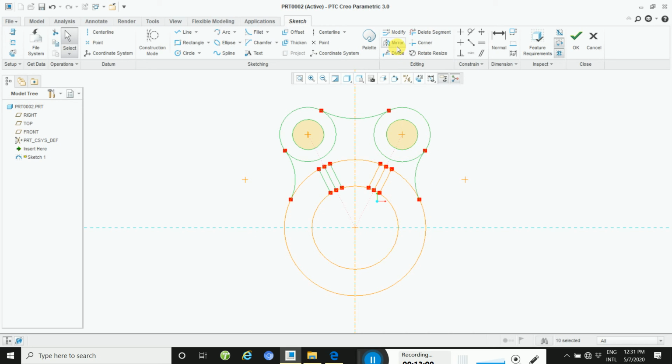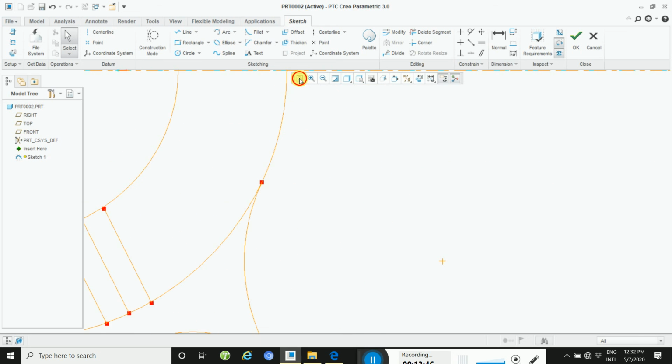Apply mirror. So you need a center line. First take a center line. Without a center line you cannot apply mirror. Select again here, one by one, press control, and then select all, this way. And select this mirror, and then select this line. This way your drawing is ready.